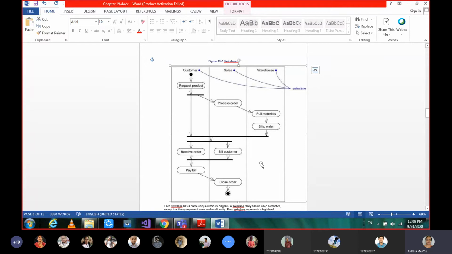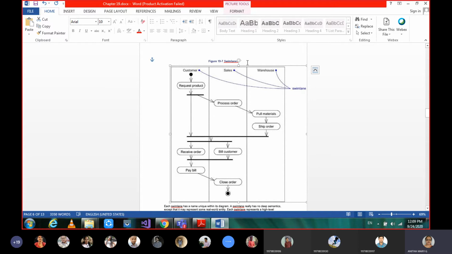So that is all taken care of in this lane of warehouse. So each lane is doing one task, one flow control. Maybe the coordination is there between the side blocks, that is, side swim lanes. If we are talking about the sales swim lane, it is the coordination between the customer and warehouse. But what exactly that salesperson is doing, that is one flow control, what we say.